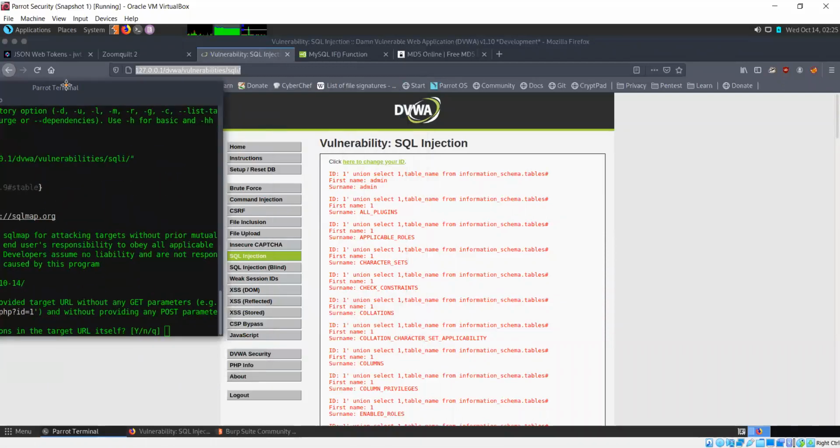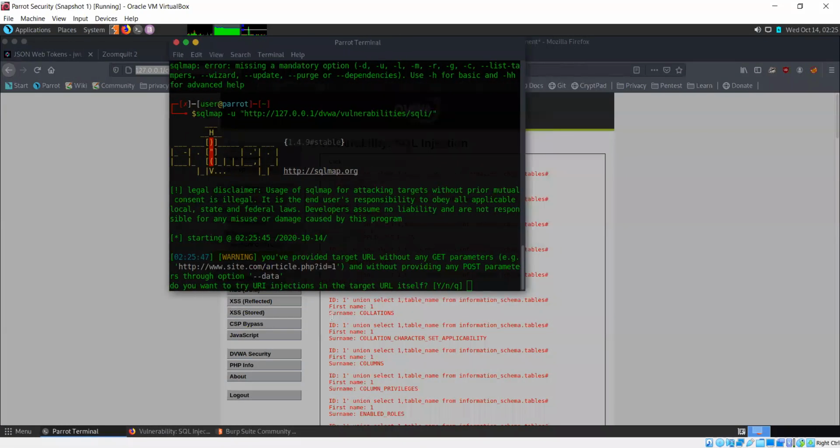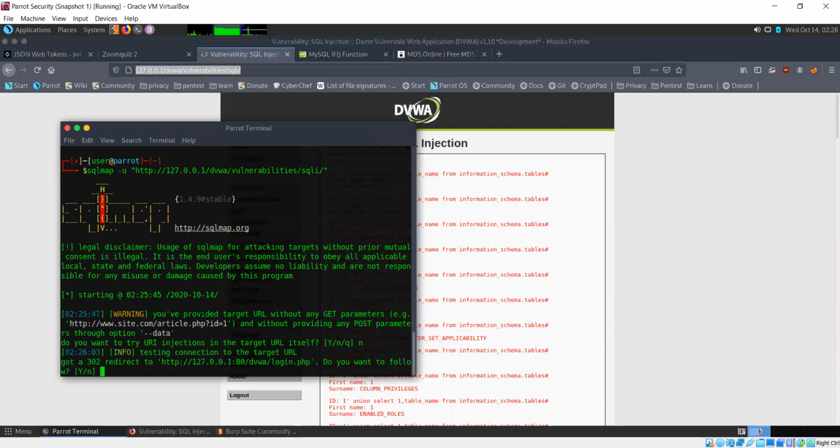So it's asking whether I want to try these in the target URL itself. Let's say no here. Okay, now it's saying that it's getting a redirect to the login page. So what I need to do is specify my cookie.